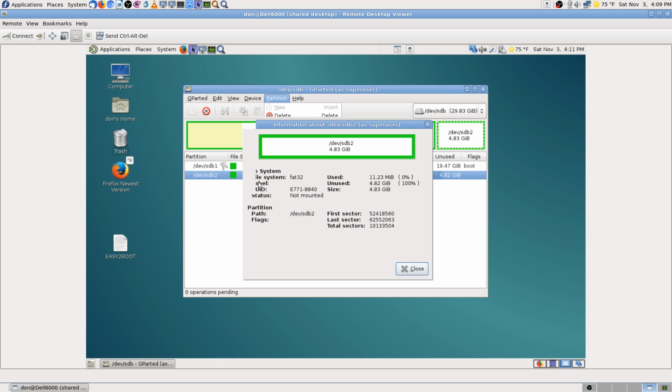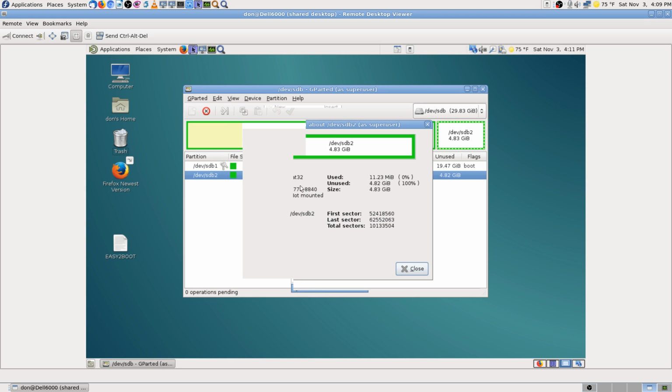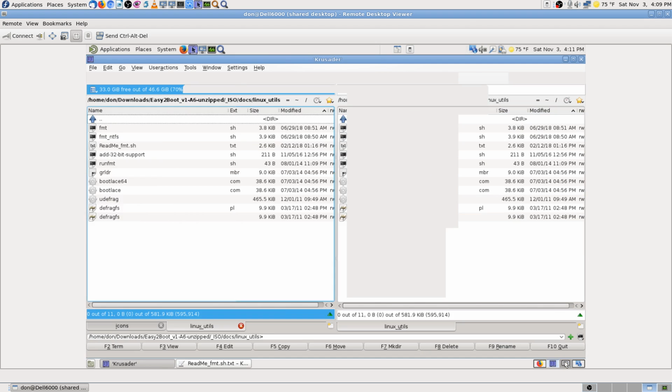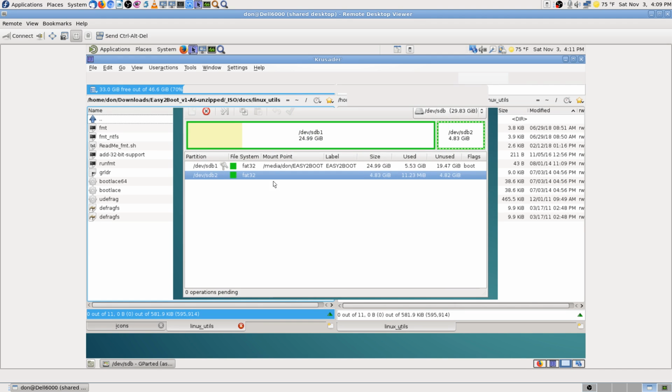Oh, up there it says. Try it one more time. Maybe I'm missing this. Check information. Maybe if I switch to another window and back, it'll cause it to refresh. Yeah. UUID, label, yeah, okay, label, that's blank, and then UUID. I may not mess with that because it seems to be,